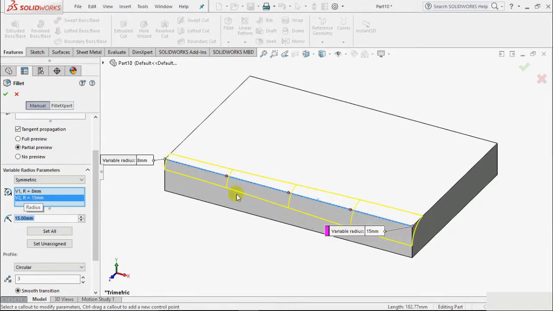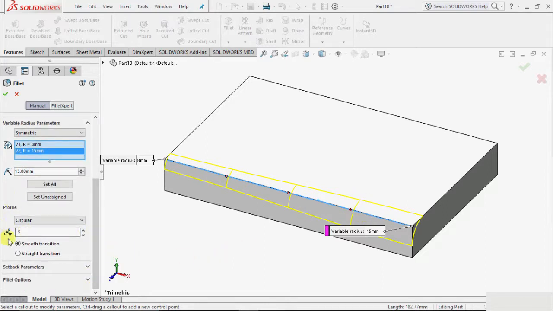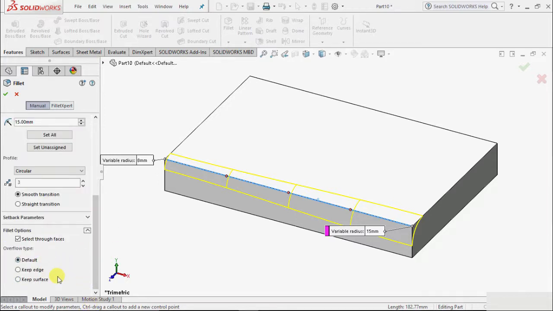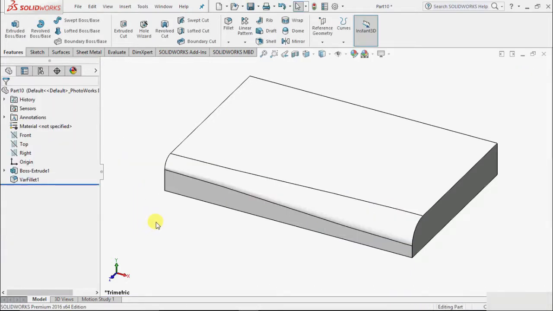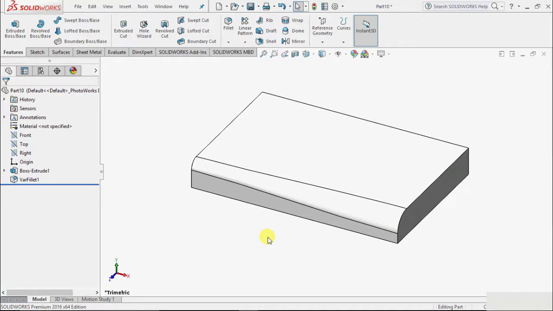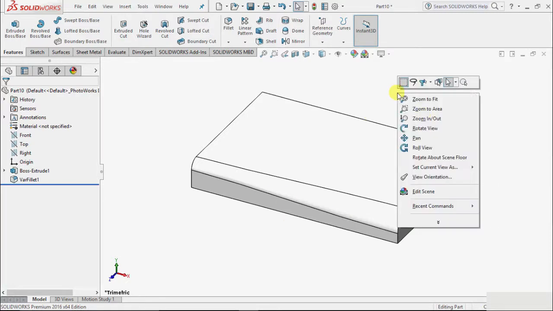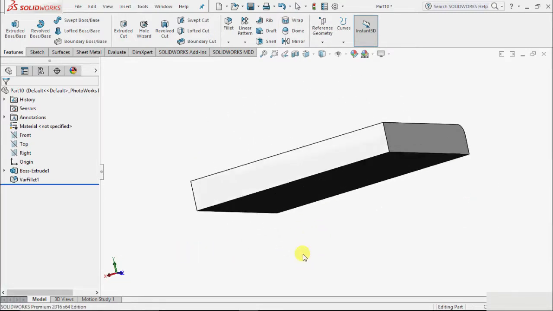And so the fillet is variable. There is a lesser value at one end, and it is gradually increasing. A similar option we have with the profile, whether we want it smooth, straight, etc. And then there are more fillet options, like select through faces, default, keep edge, surface, etc., and click OK. This is the variable type of fillet. Next, we can insert a fillet with reference to two faces. So let me rotate this to have a better view,